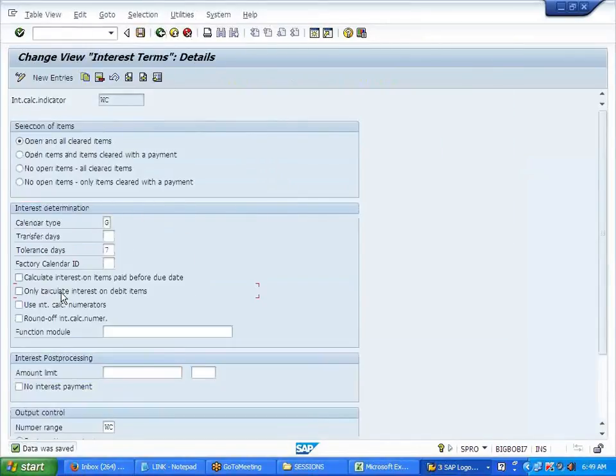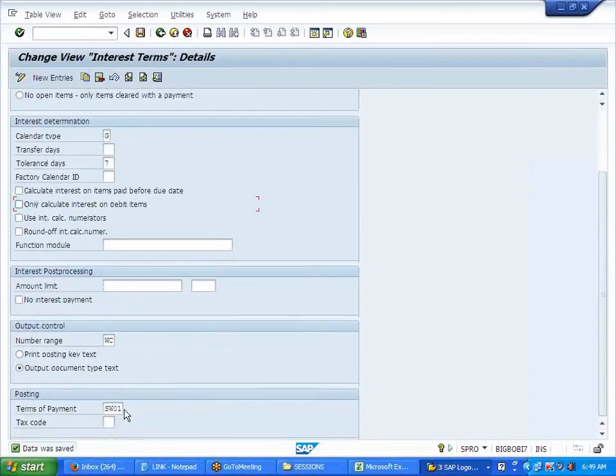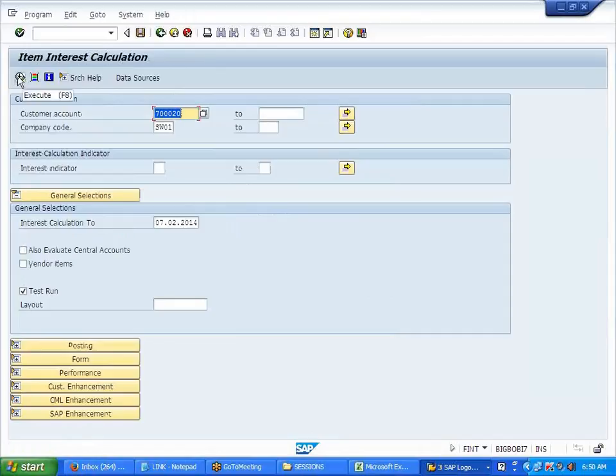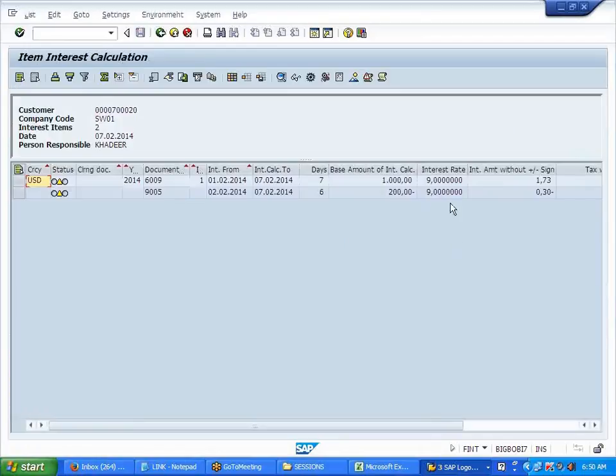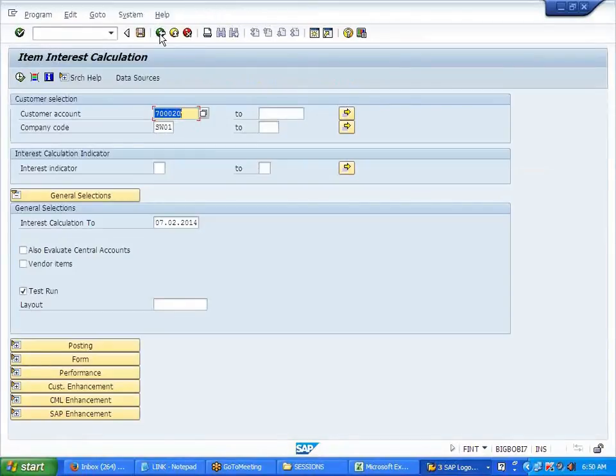But the only problem is why it is not calculating the credit side; it should pick up the interest rate of the credit side. The 12%. So what I'll do is we'll use another customer.